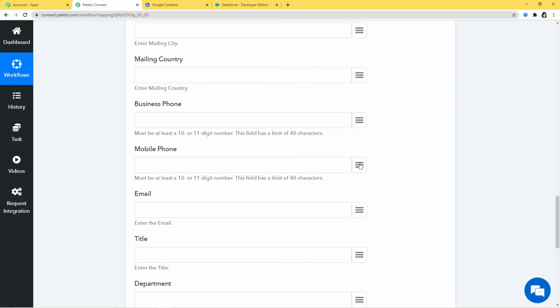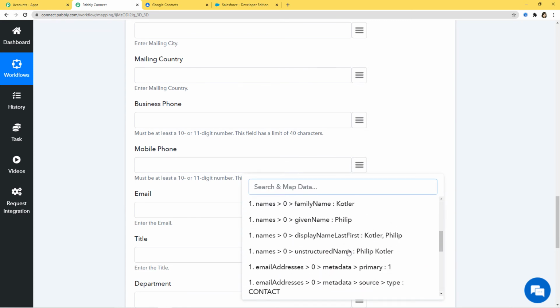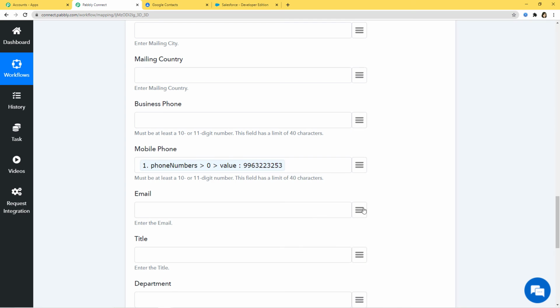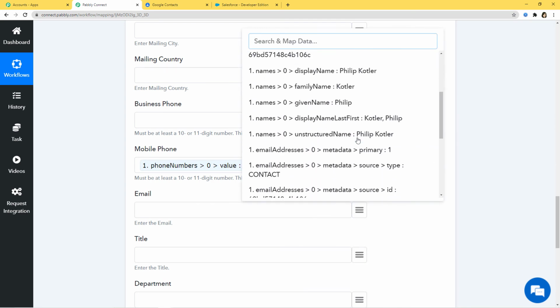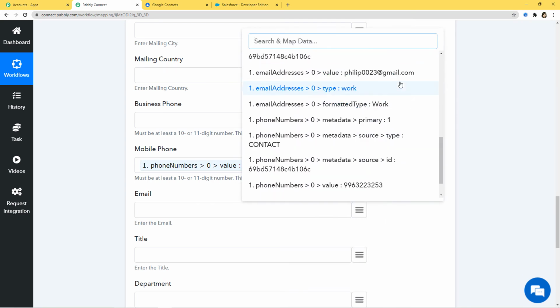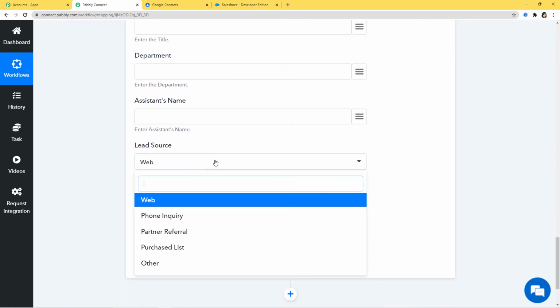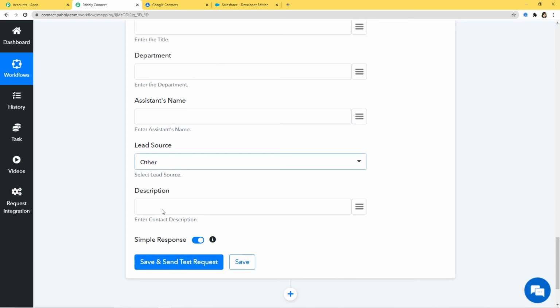Okay, phone, yes, we have the phone number. Okay, email, we have the email as well. Let me map the email. Title, department, okay. Lead source, other. Description, Google contact. Save and send test request.